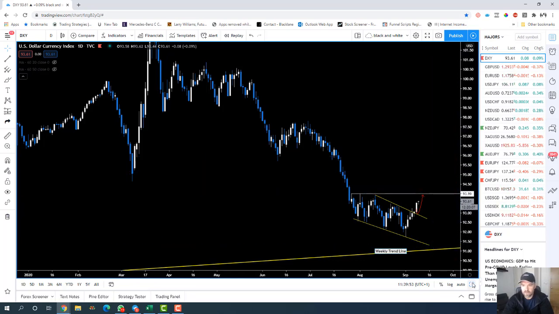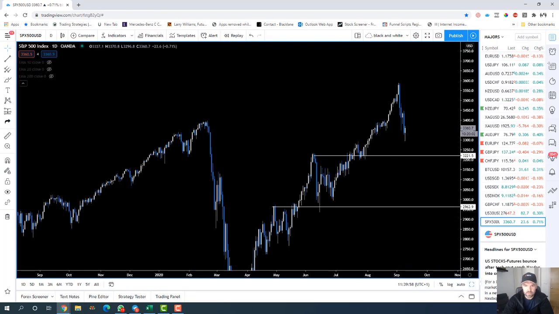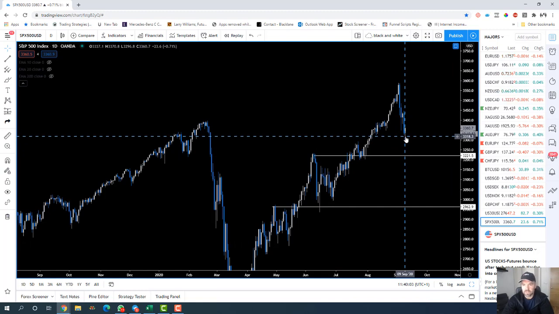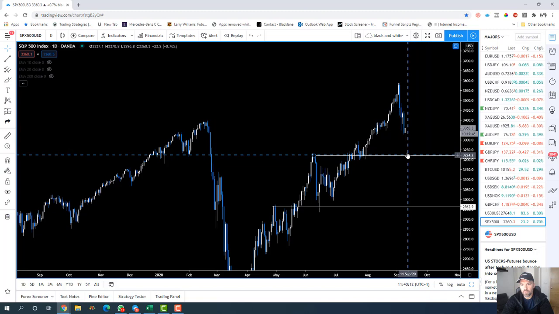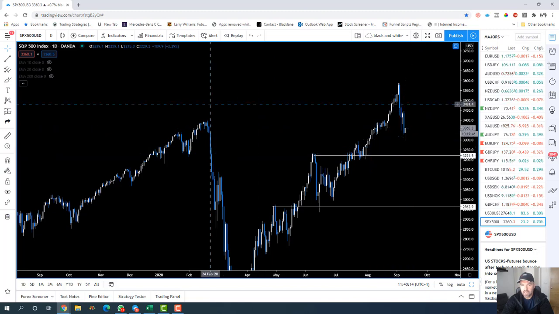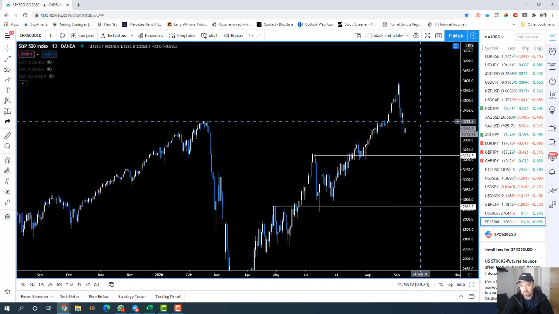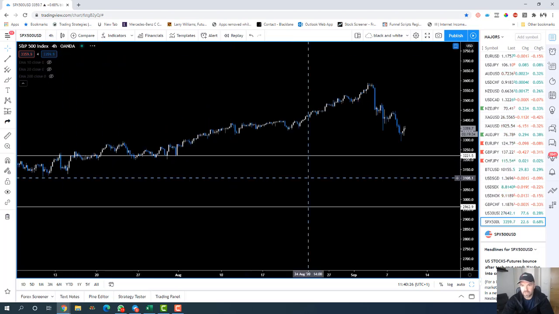So what does that leave us in terms of trading opportunities? Well, if we look at the S&P 500, we've seen a strong sell-off, and a strong sell-off in the Nasdaq and the Dow Jones. The tech sector's been hit specifically harder, but I would expect that maybe we could see a little bit further decline. Yes, we've come back down into those previous all-time highs, but we've surpassed that. So it wouldn't surprise me if we came back to test them and then pushed down a little bit lower for another move.